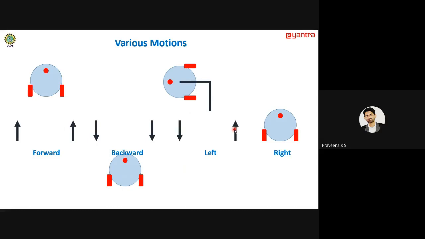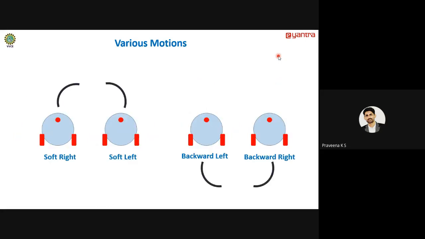So you are forcing your robot to turn to the left side. It's also called hard left or just a left. And in the same way for the right side, the right wheel is moving in the backward direction and the left wheel will be moving in the forward direction. Right? It will move like this, take a right turn, then it will move. Fine. So this is the hard right direction.